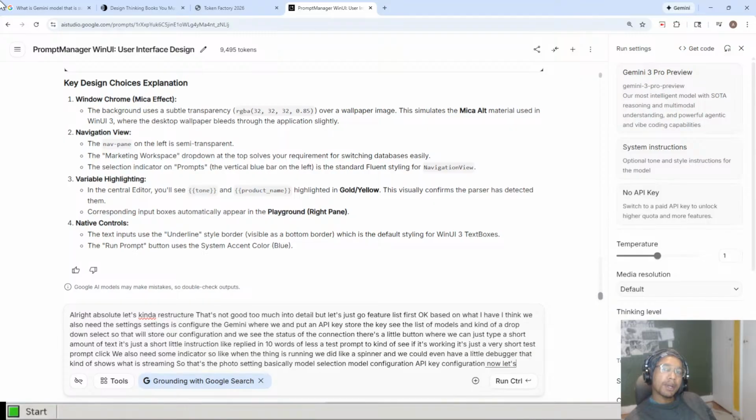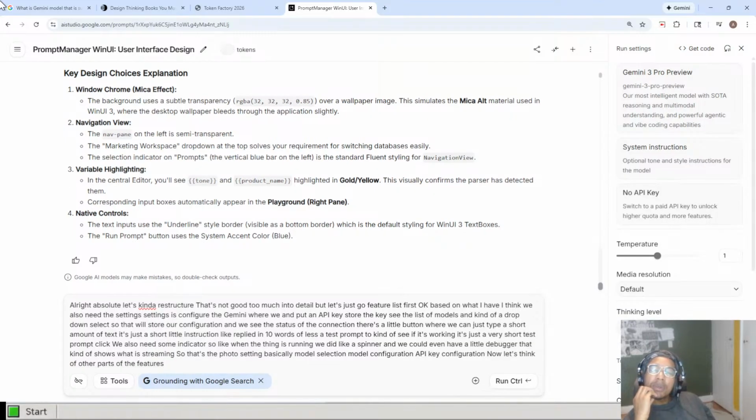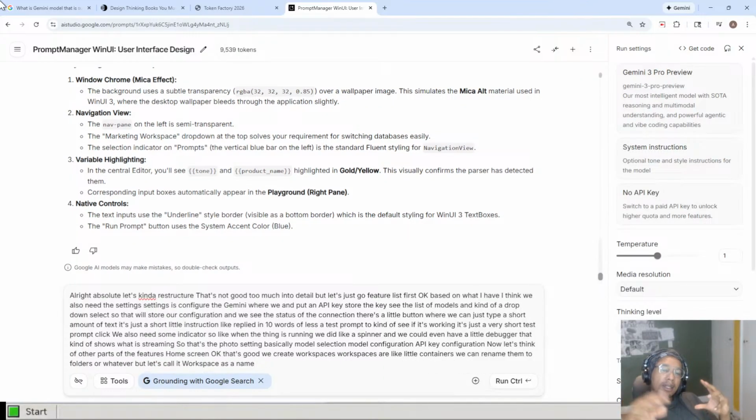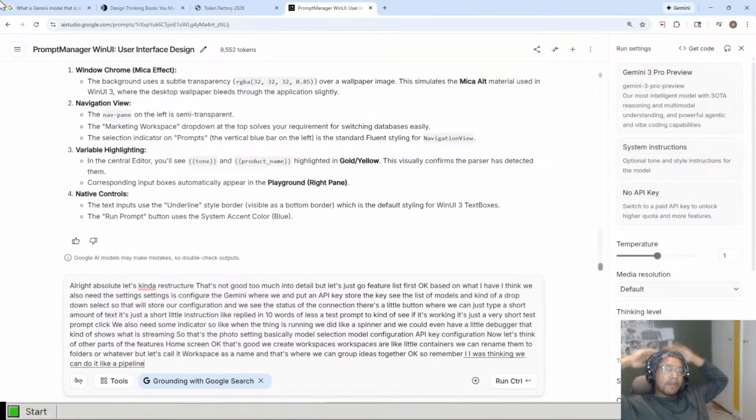Now let's think of other parts of the features. Home screen, okay, that's good. We create workspaces. Workspaces are like little containers. We can rename them to folders or whatever, but let's call it workspace as a name. And that's where we can group ideas together. Remember, I was thinking we can do it like a pipeline, and we can refine the pipeline from left to right. We have the idea stage, brainstorming, collecting thoughts for that particular workspace. And then